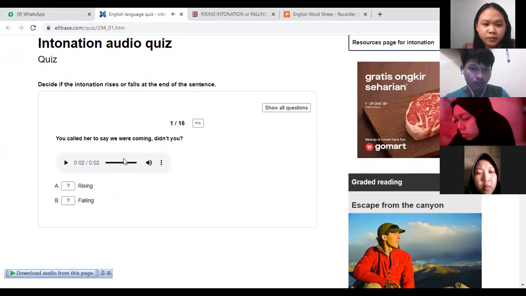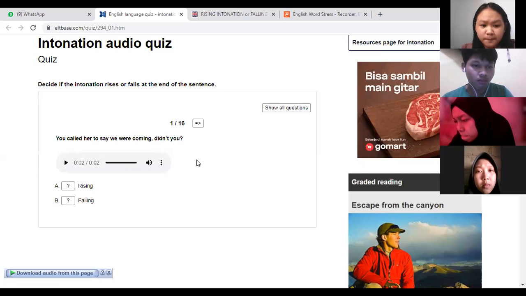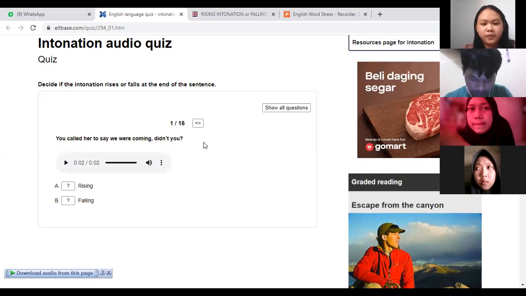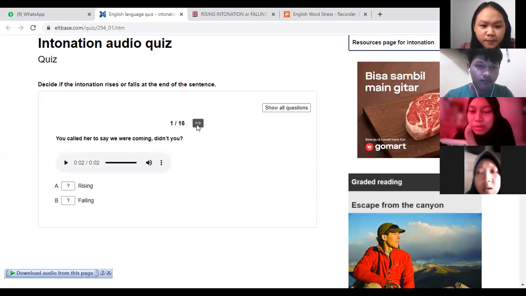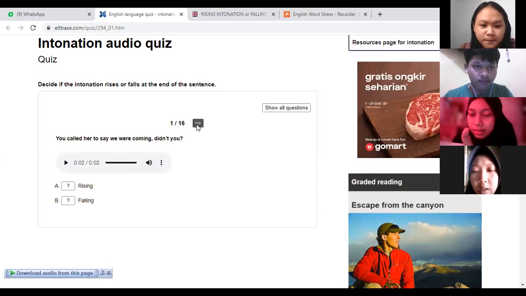Okay. For this sentence, is it rising or falling? Rising, ma'am. Okay, thank you. That's correct. And for number one, and number two, I mean,